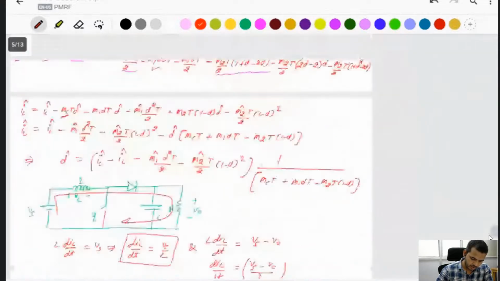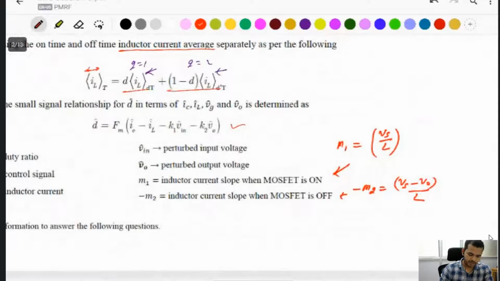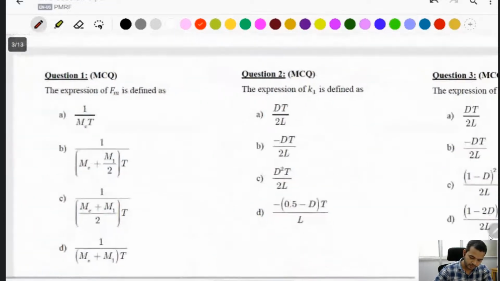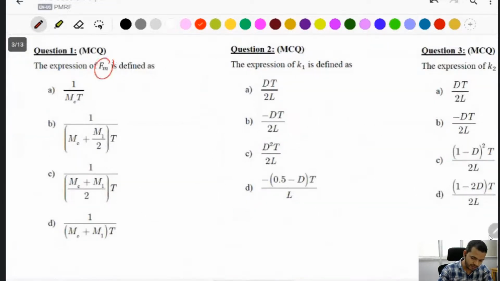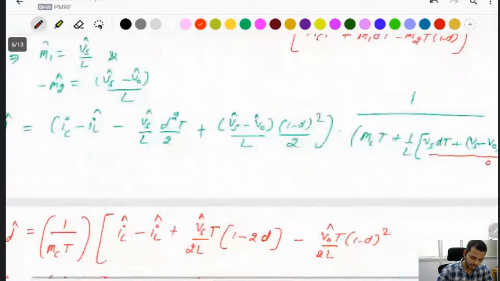See in the question, what is the expression of D cap? D cap is like that. Fm is common. After that, IC minus IL minus K1 minus K2. The common factor in D cap is the Fm, and K1 K2 are the input voltage and output voltage factors. The question asks about the Fm, K1 and K2. That's why you directly say that